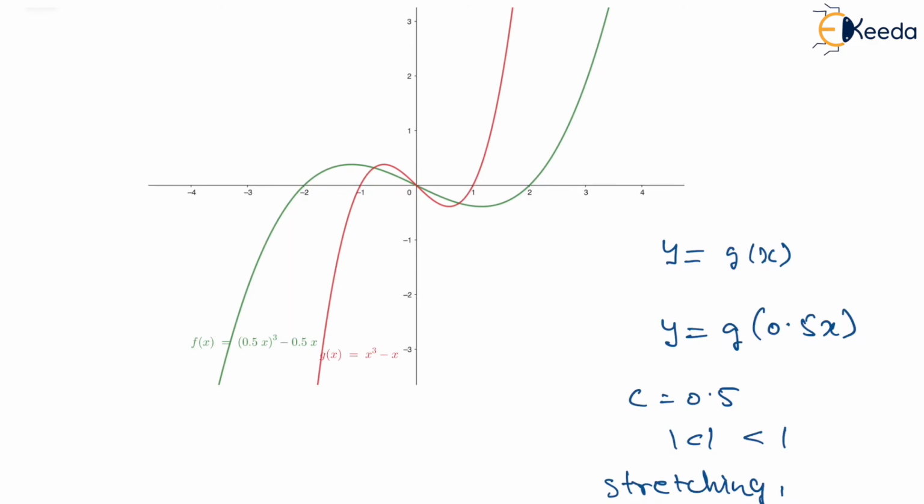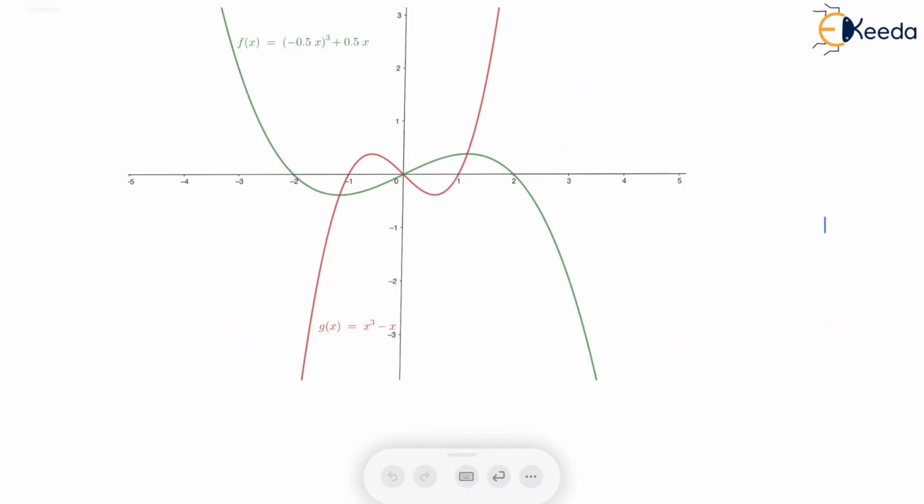The initial graph had roots as -1, 0 and 1, but now it has roots as -2, 0 and 2. So the graph has stretched horizontally. Whether you check for any values, earlier the value was up to here, but now it is extended here. Whether if you see on the positive side, it was earlier here, now it has stretched here. So you can see that there is a horizontal stretching of the graph in this case.